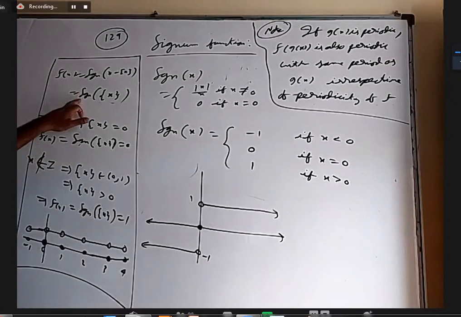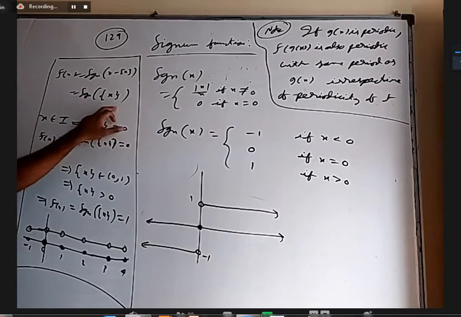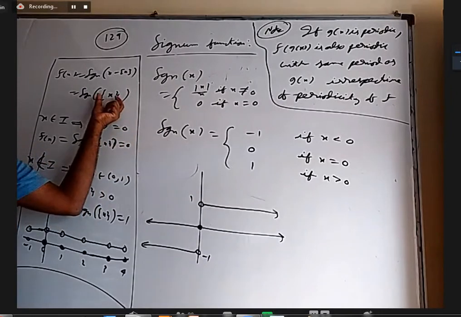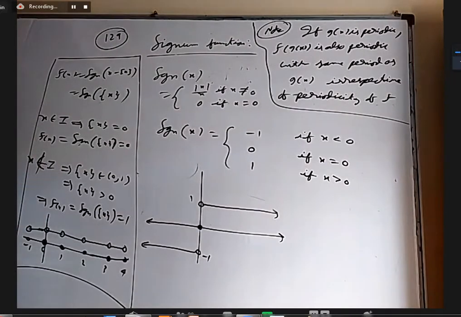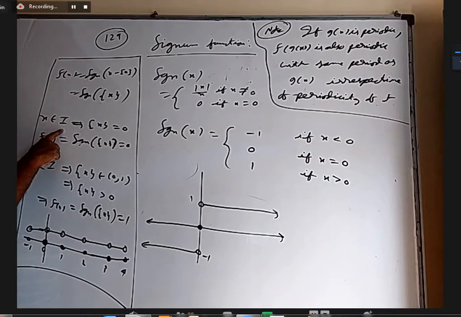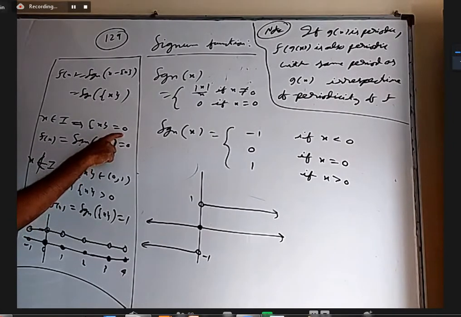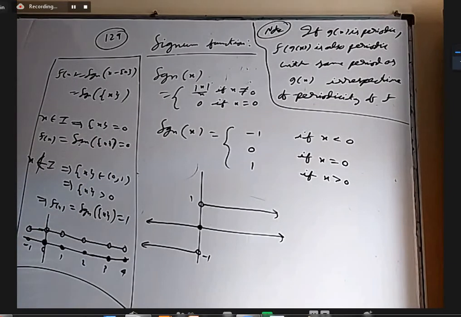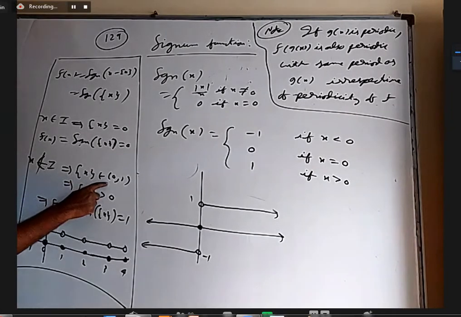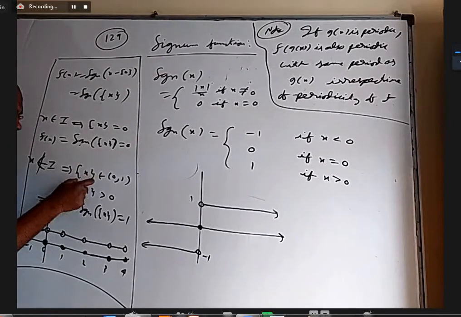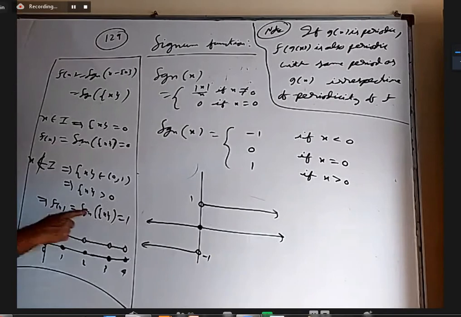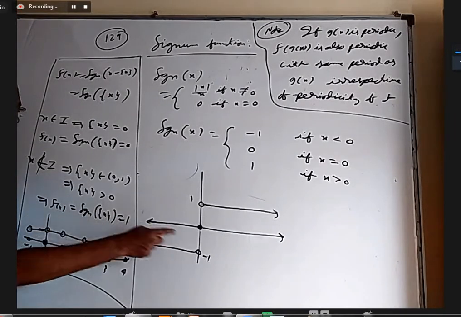Now they want the signum of the fractional part of x. So I have to know whether the fractional part of x is negative or 0 or positive. I know the fractional part of x quite thoroughly: it is never negative, it is always between 0 and 1. So two cases. Whenever x is an integer, the fractional part of x is 0, and because it is 0, the signum of that is also 0. Whenever x is not an integer, the fractional part of x is some number between 0 and 1, which is a positive number. It may be 0.1, 0.2, 0.3, 0.99. Because it is always positive, the signum of that is 1. For any positive number, the signum function value will be 1.